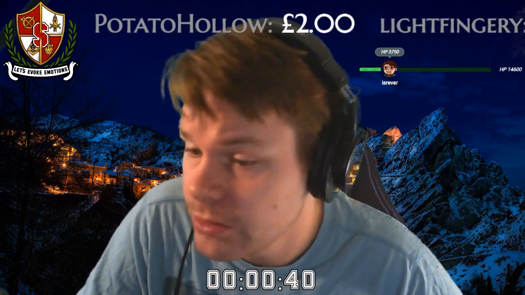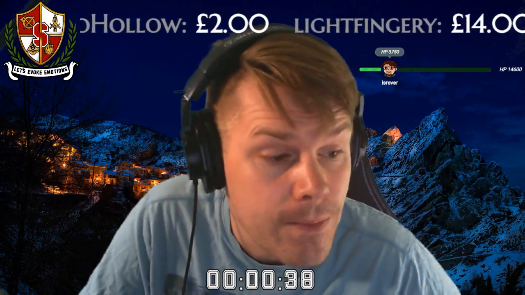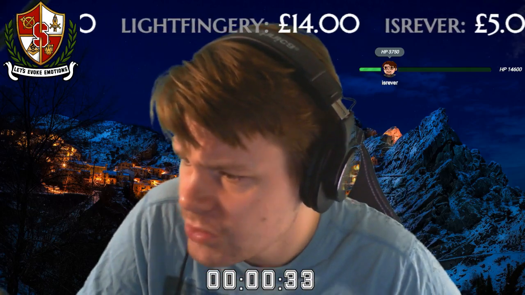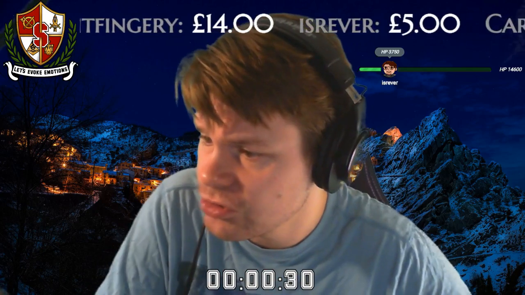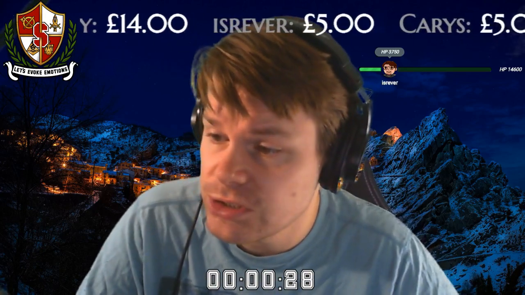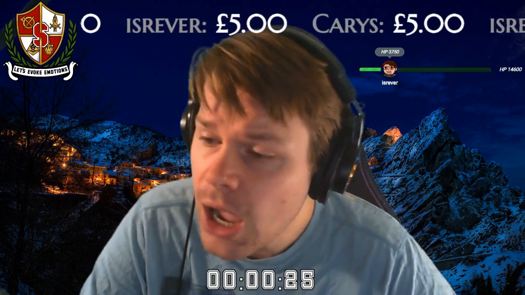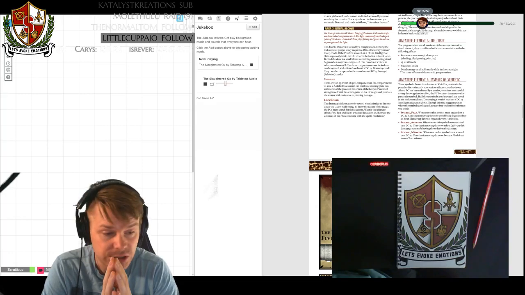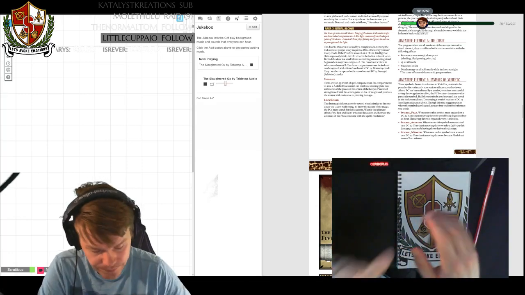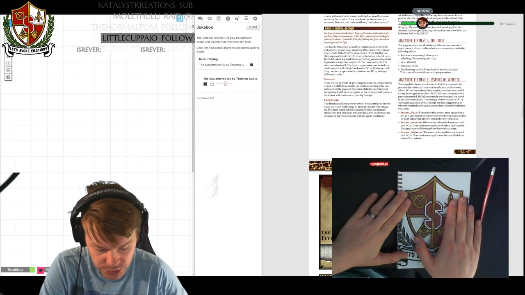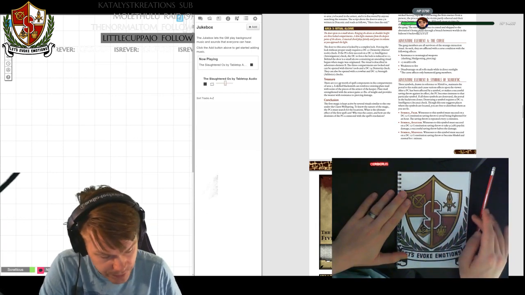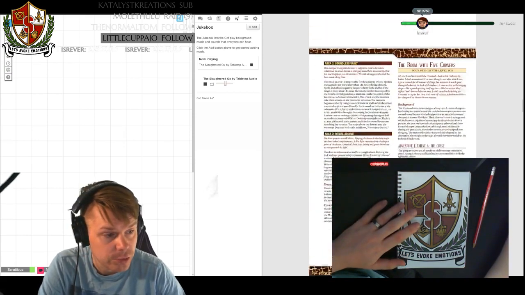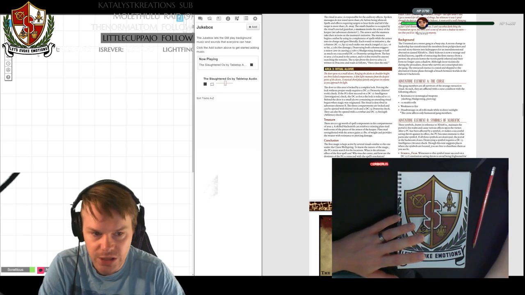So today we're going to be converting the module from the Cobalt Press called the Room with 5 Corners. So I think without much further ado, we can just get straight into it. As we transition across to the screen of doom, you can see my little one-shot book, where I make notes when I make notes. I'm using this to reference the Room with 5 Corners. And over here we've got the